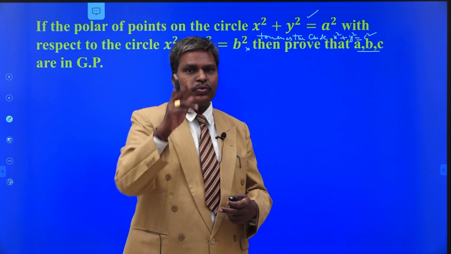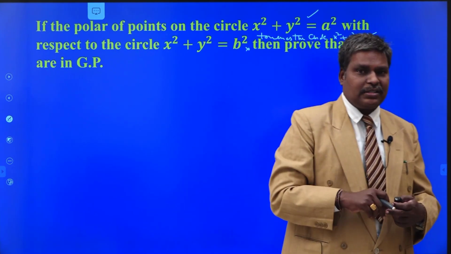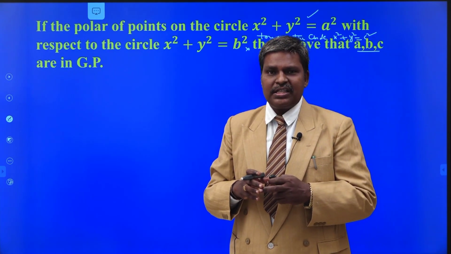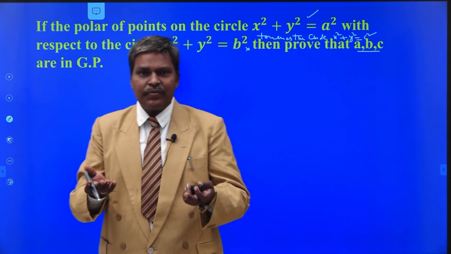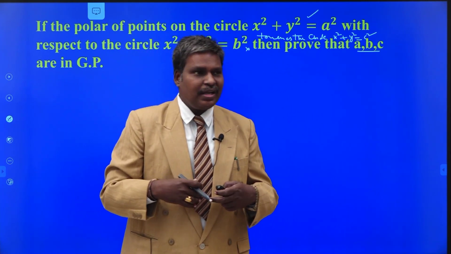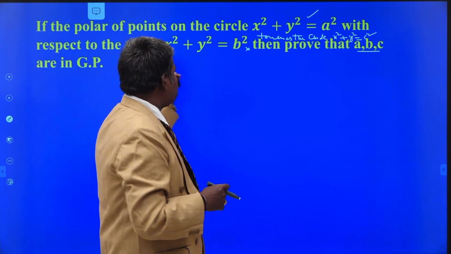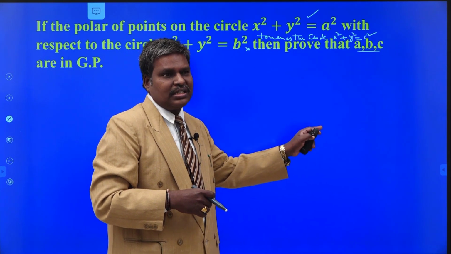Dear students, you are students to me, as well as you are sons of your fathers. Am I correct or not? So you are playing a dual role. That is, you are a son with respect to your father, you are the student with respect to me. That is why, in the same manner, the line is polar with respect to the second circle, and at the same time it is tangent to the third circle.